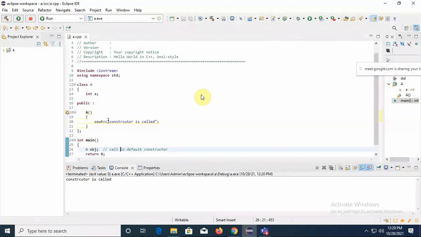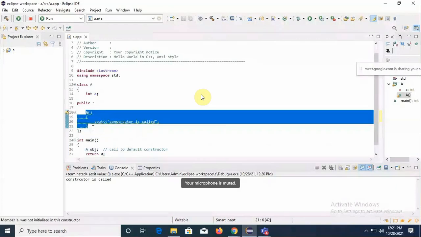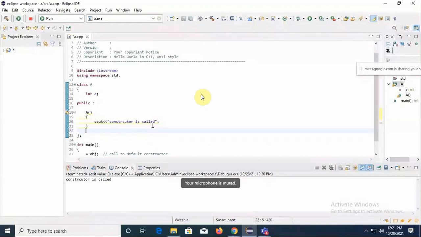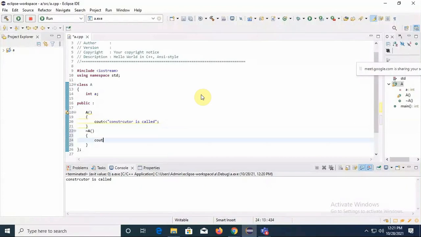So what you can do in this case, you can make use of your destructor. Now you have that symbol. Yes, it will take. This is my destructor. Remember, there is no parameter for the destructor. We don't have any type of destructor. There is only one simple destructor with no parameters. So this is a destructor which will deallocate the memory. And I will say it will deallocate the memory, "Destructor is called."